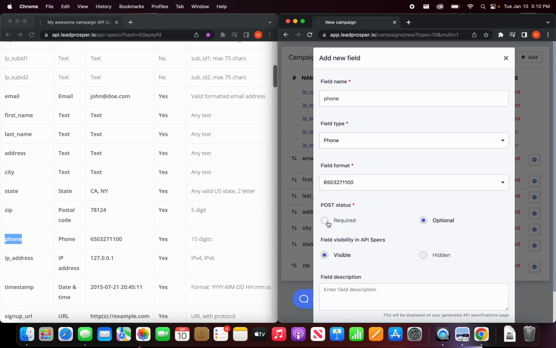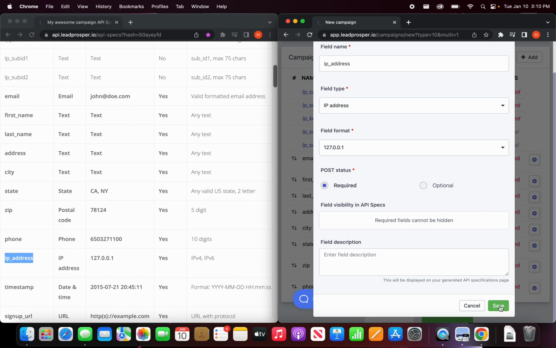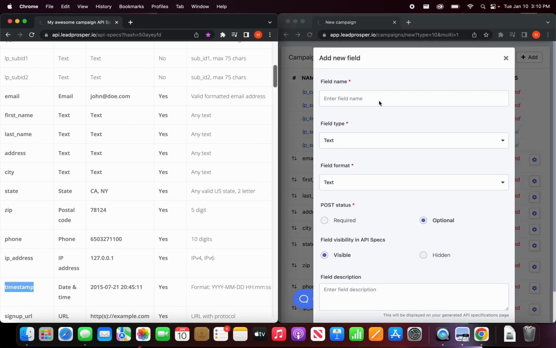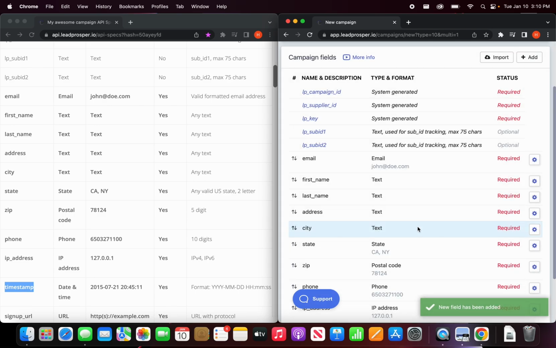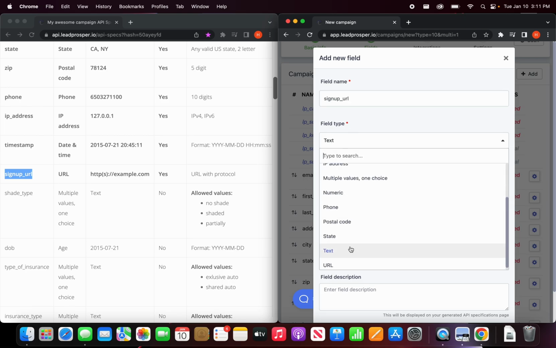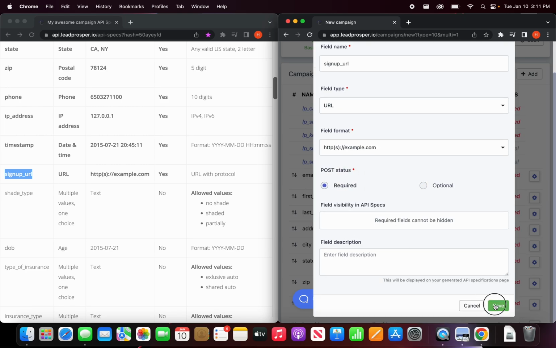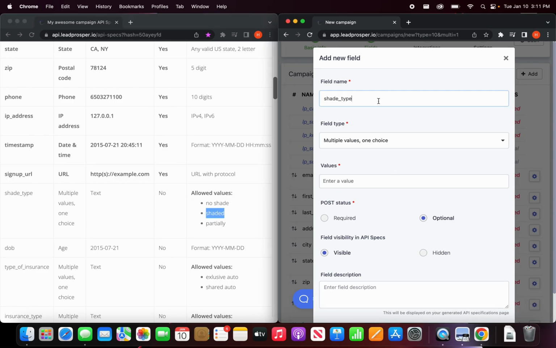If you have multiple buyers requesting data in different formats, you'll need to use transformers, which we'll cover in a different video. Your buyers might also have different requirements regarding field names. If you're setting up a multi-buyer campaign, just use logical field names that make sense to you. When you add your buyers down the line, you'll be able to map the field name you collect with the one they're expecting, which we'll go over in our video on the payload builder that's linked in the top right corner of your screen. In our sample campaign, we asked a solar-specific question about the amount of shade on a lead's roof. This field is a multiple values one choice format.